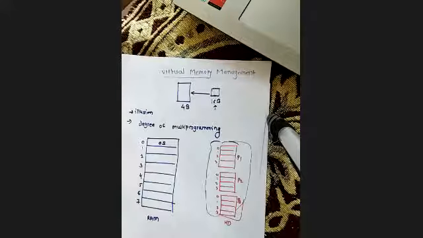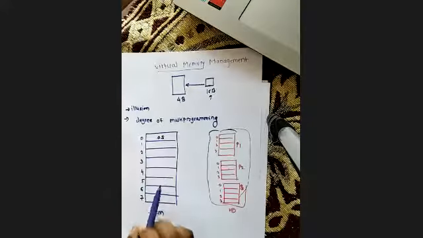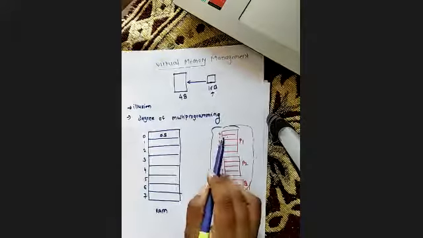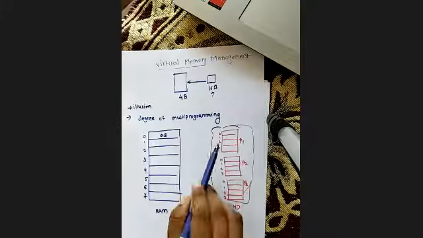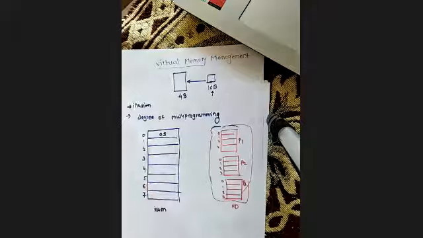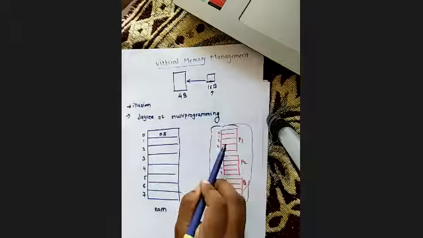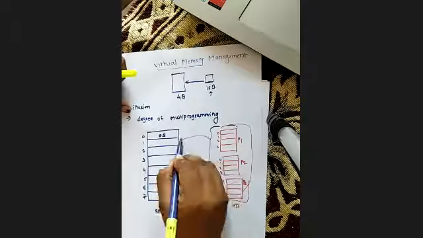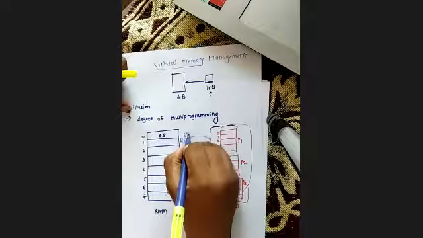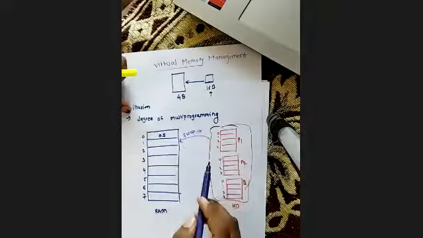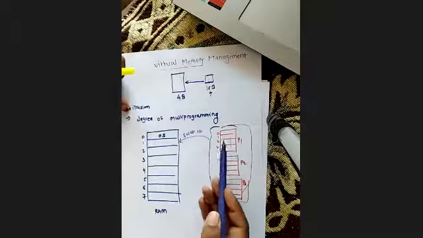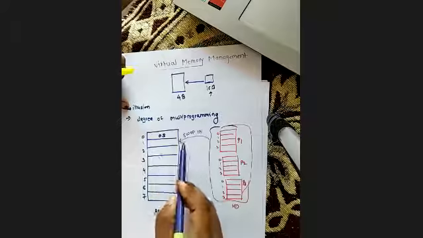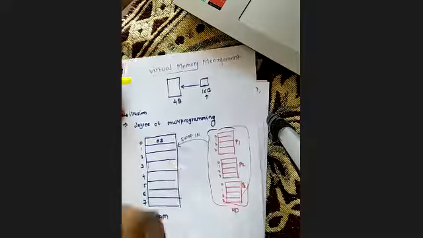Now by using virtual memory, we are putting only some of the pages of these processes in this RAM. There is no need to bring the entire process here, only the few pages which we exactly want to execute right now. Only those pages we bring into main memory. When we are retrieving or fetching these pages into the RAM, this is called swap in.